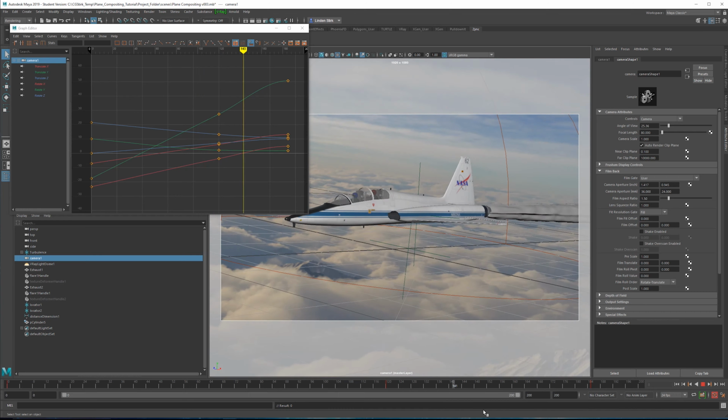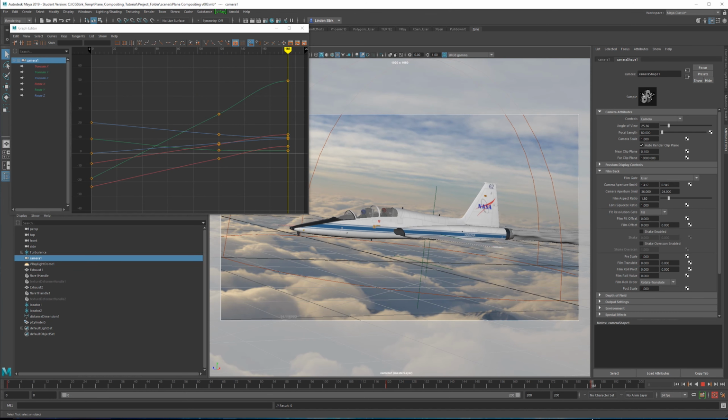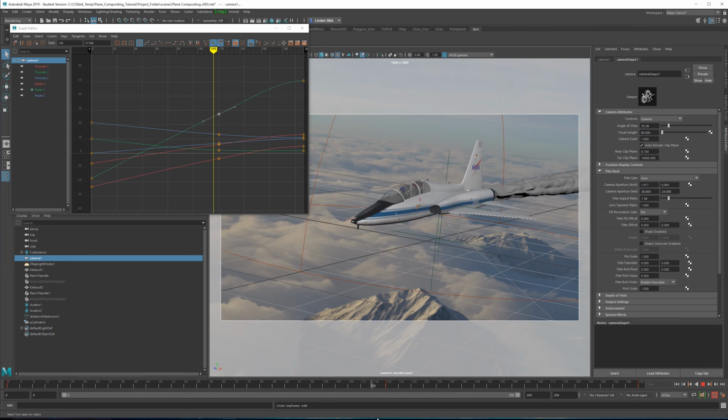Yeah, and that solves that problem. One thing that I would like to do though, I'm going to take these keyframes here, so I'm just holding down the shift key and clicking and dragging over these keyframes, moving this over to frame 200. So this is looking a little bit better.